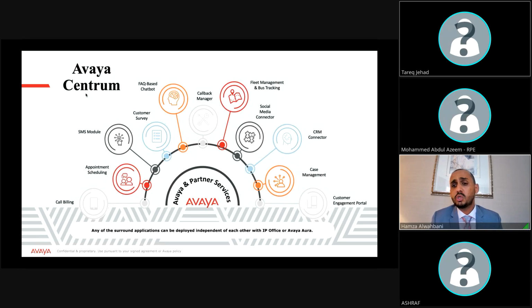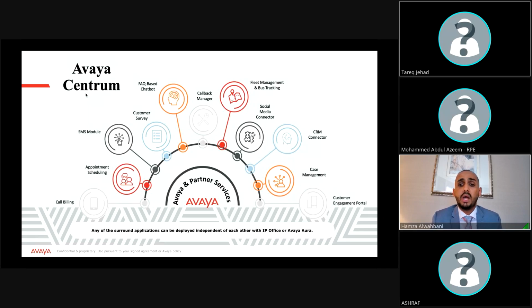And also we have the CRM connector, which can be used to integrate with any database. Today, most of our customers have a database, they have SAP, they have Oracle, they have a development database, they have a Microsoft CRM database.